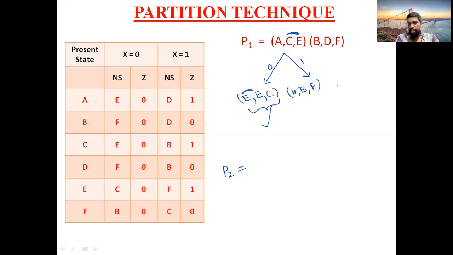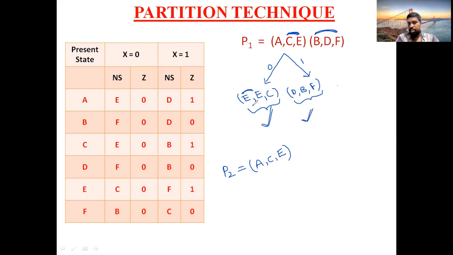Okay, so here D comma B comma F. Yeah, we are having D comma B comma F. All are existing in same group. So put a tick mark. So as both 0 successor value and 1 successor value are satisfied, both are having tick marks here, you should not partition this. You should write the same group as it is. Okay, no need of partition. Okay, there is no need to implement the partition. Why? Because for the group A comma C comma E, the 0 successor condition is satisfied, the 1 successor condition is satisfied.